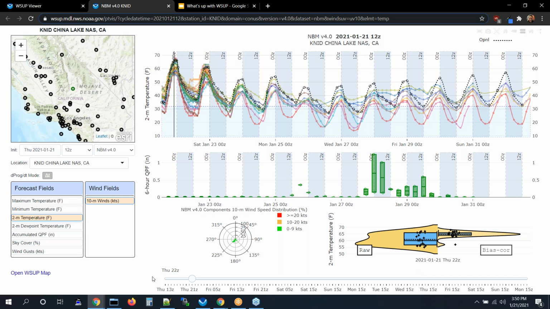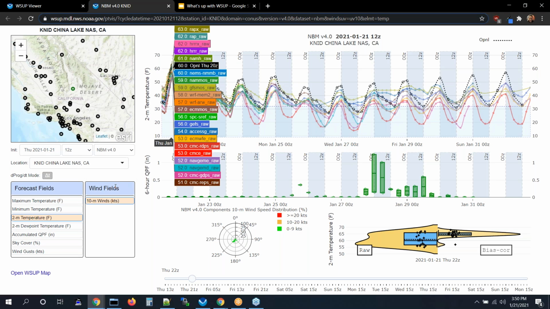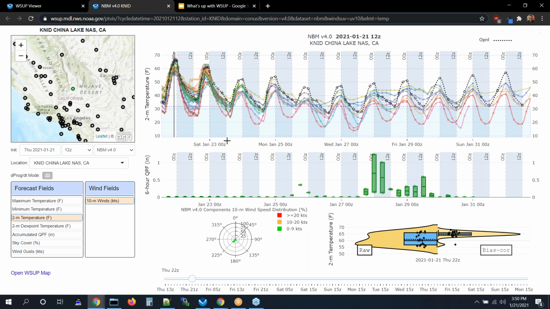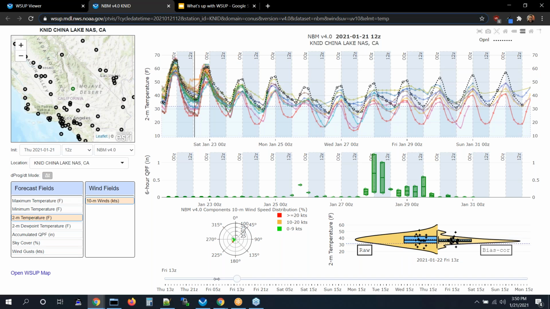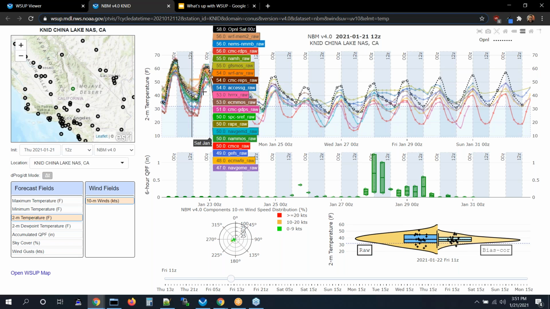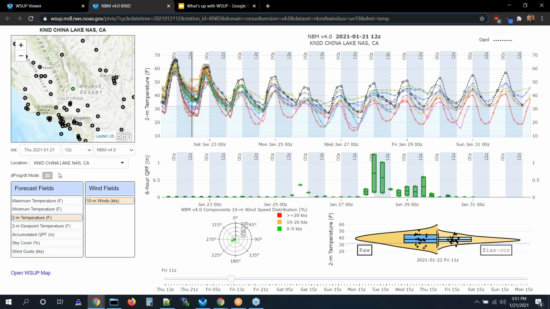So that's a little bit more about point visualization. Oh, I completely forgot about dprog dt. So say we are interested in this valid time. Let's go a little bit further out, something a little bit more uncertain, so a little bit more distribution. So you can see that there's a little bit more uncertainty, a little bit more distribution in the components. So what we can do is say, okay, at